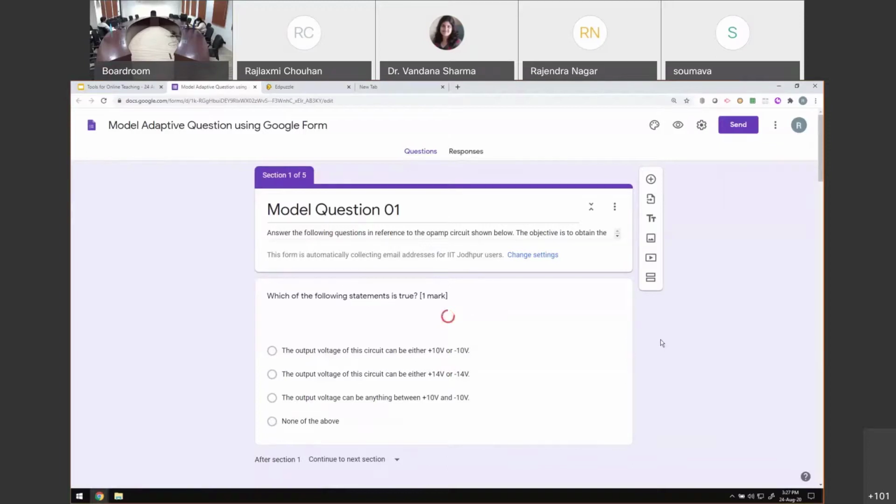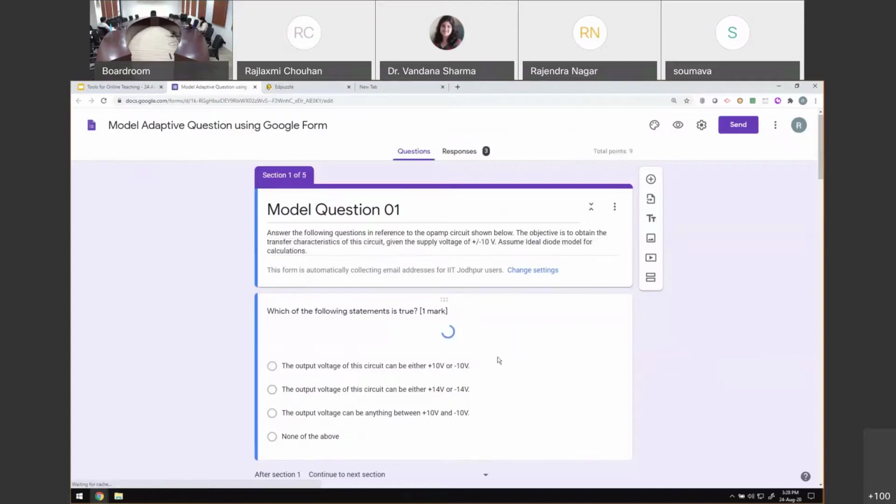Let it load for a second. I hope I'm still connected. Yes, I am, right? Okay. This quiz is taking a little too long to load. While it is loading, I'll continue to speak.